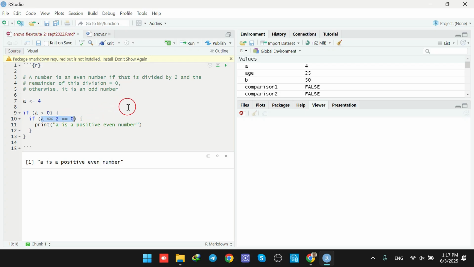To see if a number is divisible by 2, the remainder of that division should equal 0. We need to use the modulus operator, the percentage sign, to find the remainder of a division. So if a divided by 2 has a remainder of 0, meaning that number is an even number, then we execute this part of the code, which says a is a positive